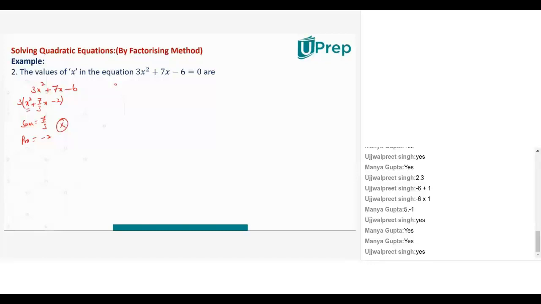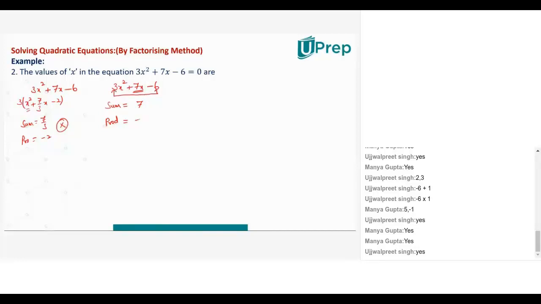So without doing this problem, how do I identify what should be the sum? Let's consider the expression once again. 3x square plus 7x minus 6. I need some two numbers whose sum is something and the product is something. What I need you to think now is, sum is always the middle term. Remember that. Sum should be always 7. Now product is not the only constant. Product should be of the product of these two.